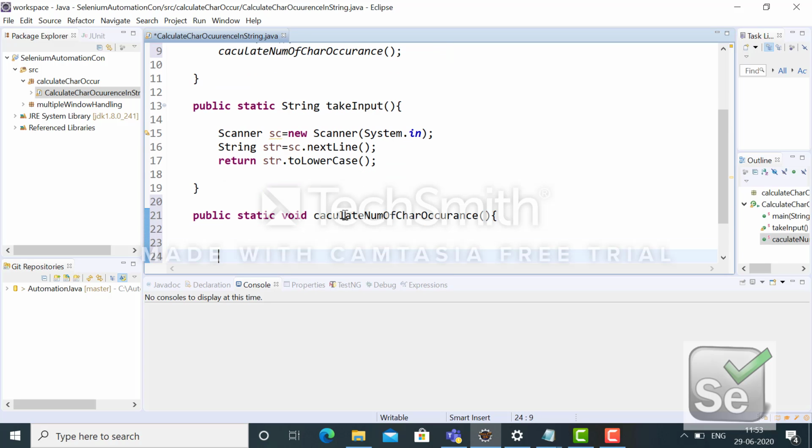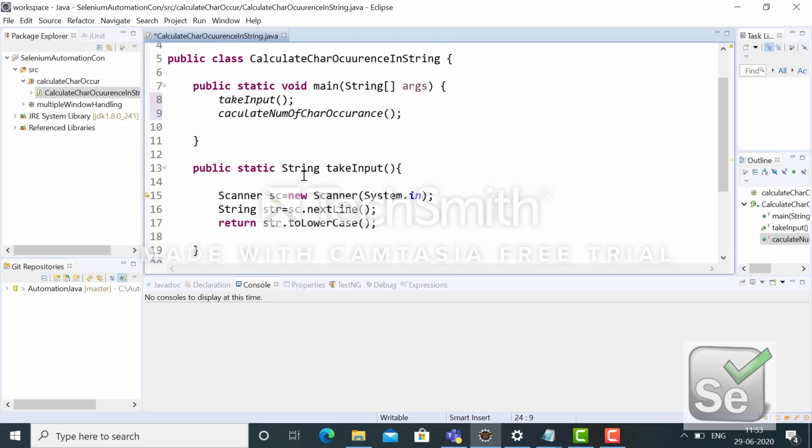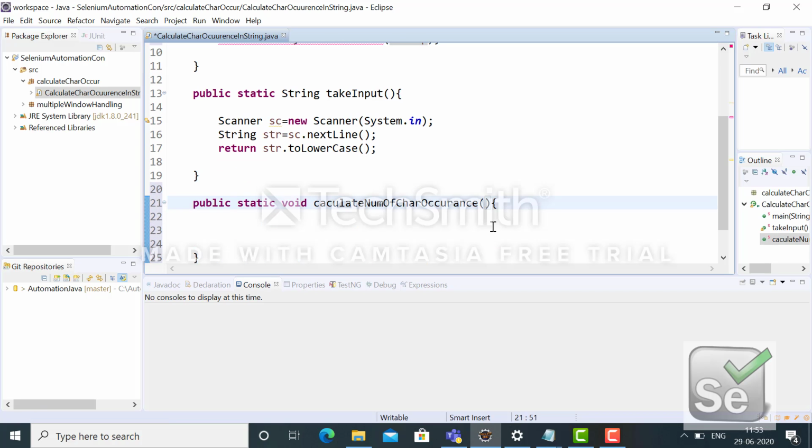It will take that string. So this string that I am returning, I will catch it over here in str1, and the same string I will pass to the other method also.